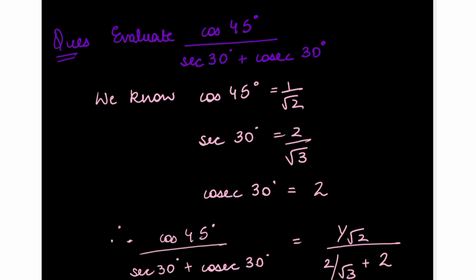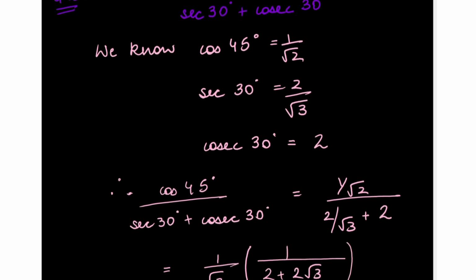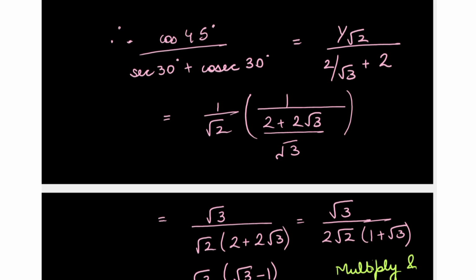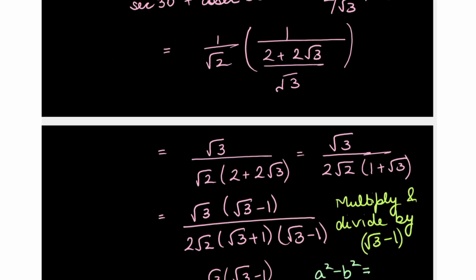Now next question. Evaluate cos 45 degrees divided by secant 30 degrees plus cosecant 30 degrees. We can directly put here the values that we have learned from the table. Cos 45 degrees is 1 by root 2. Secant 30 is 2 by root 3. Cosecant 30 is 2. So putting these values directly and solving, we get the value of this expression to be